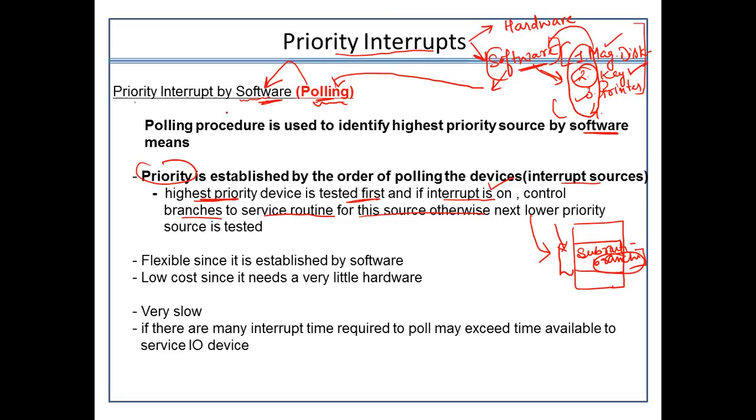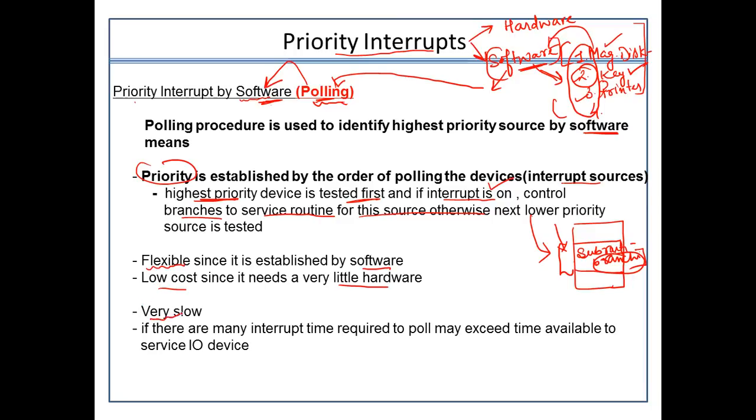Now, this kind of priority interrupt is actually flexible, because you need not worry much, since the software is taking care of everything. It is also cheaper because we are not involving so much hardware. Within the chip, we have prioritized the system based upon certain rules and regulations, or algorithms that are defined, and accordingly we build the software. Just because we are using less hardware here, its cost is also less.